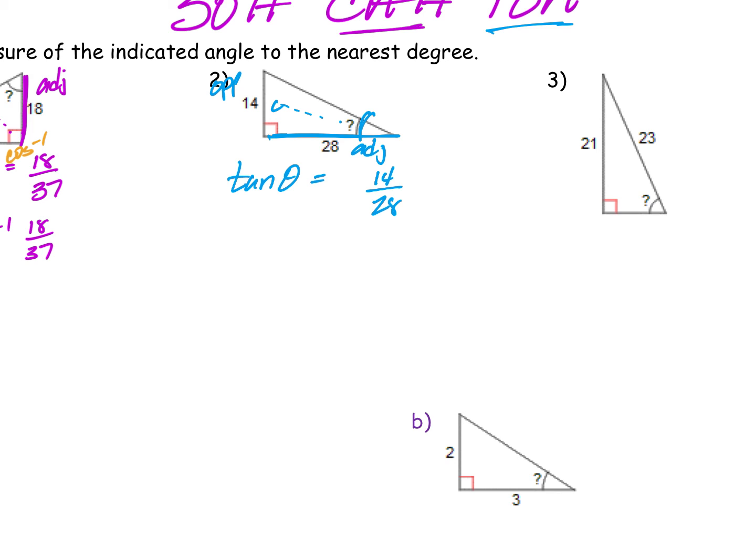And I don't want tangent of theta, I just want theta. So I'm going to do the inverse of tangent. So I get theta is going to equal tan inverse of 14 divided by 28, which is approximately equal to 27